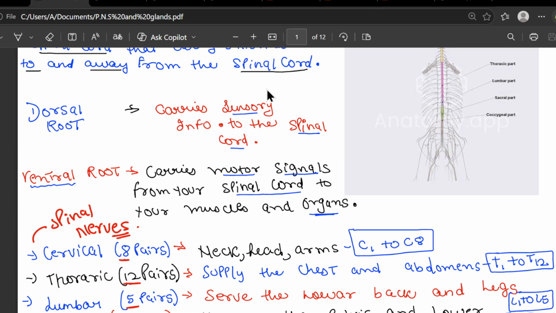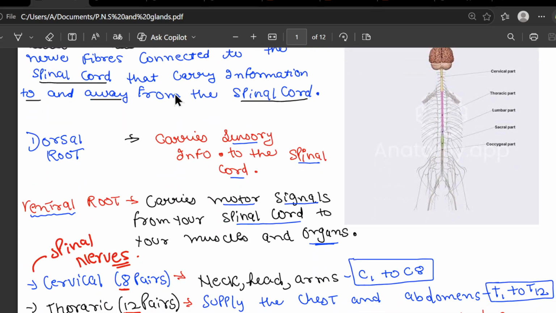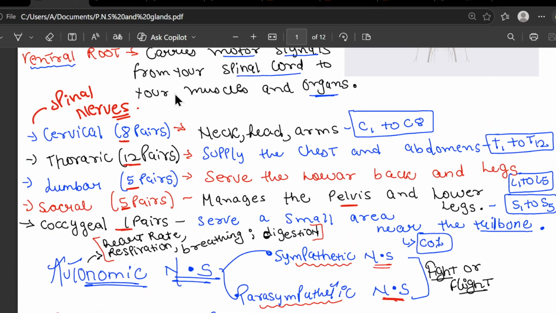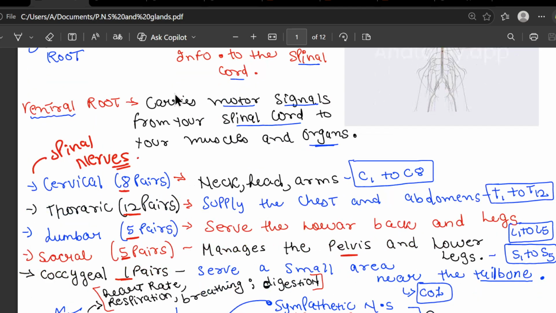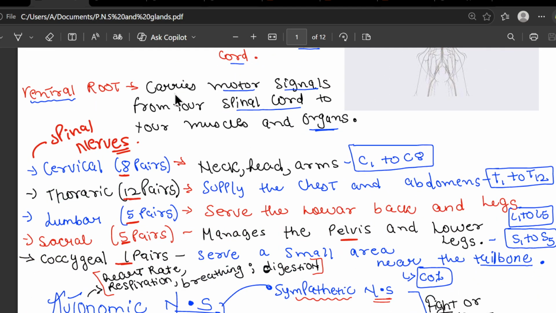It directly goes to the spinal cord, and this whole root is called the dorsal root, as you can see again in the image. And what is the ventral root? The dorsal root is very important for carrying sensory information to the spinal cord, every sensory information including smell, vision, auditory, whereas the ventral root is very important for carrying motor signals, which means the movement you do with your hands,